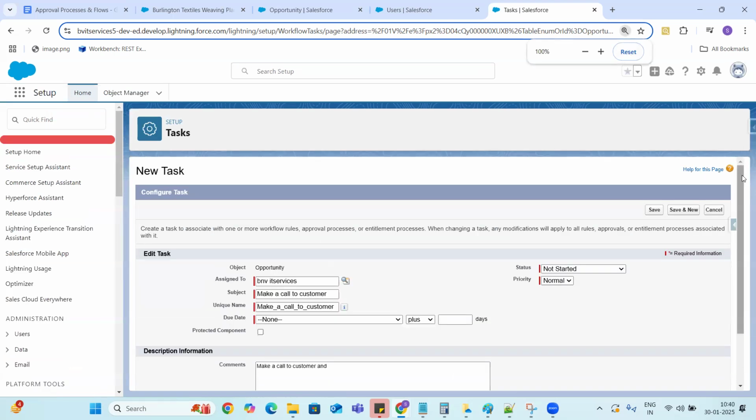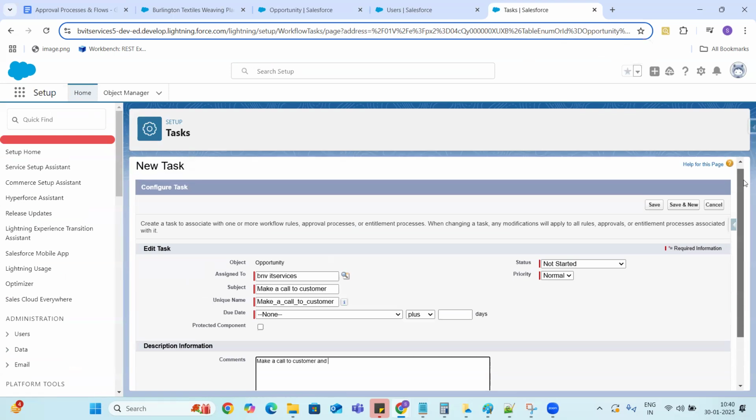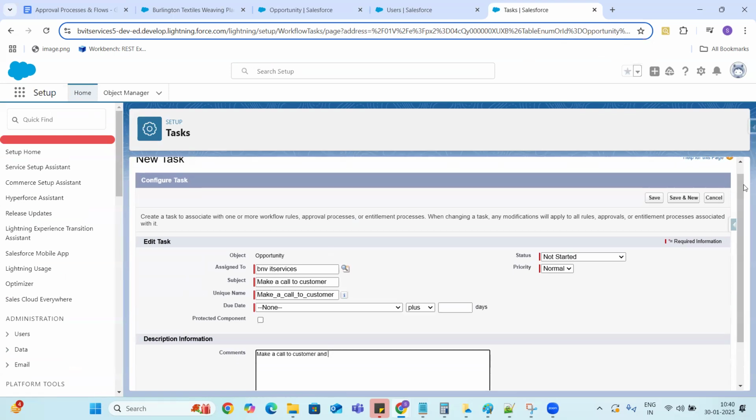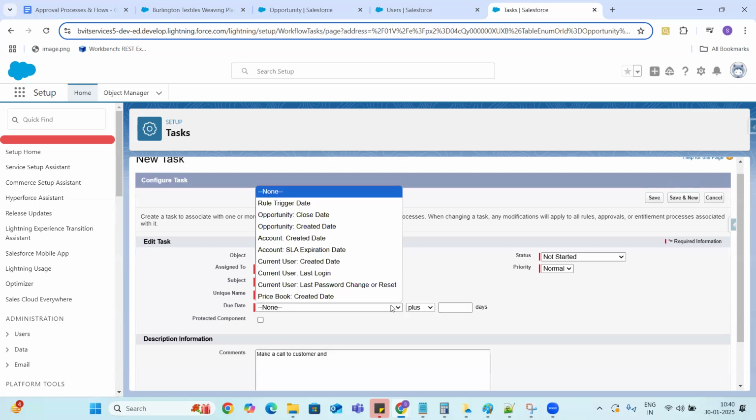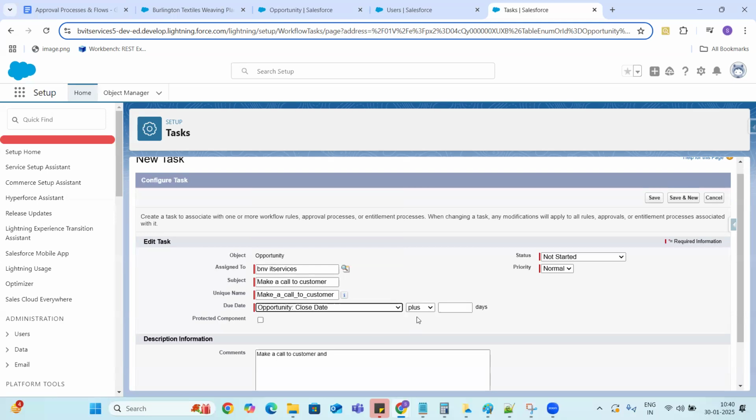A task in Salesforce is simply a task we create for the salespeople, so that we can track whether they have done it or not. Whenever the opportunity is submitted, you have to inform the customer by the opportunity close date.